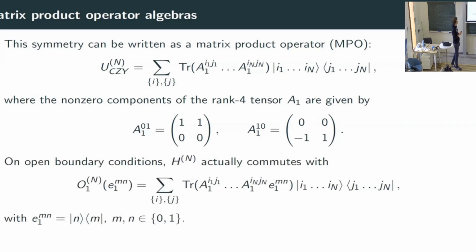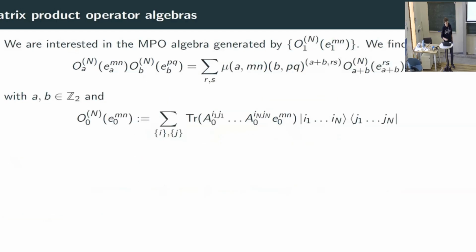There's actually a little bit more symmetry to this Hamiltonian if you put it on open boundary conditions. So if you omit the last term that connects the nth term to the first term, you can insert a generic boundary condition here. So this E1Mn is an arbitrary 2x2 matrix, but because this is a linear map, I can just pick some basis for it, and I just pick the basis of matrix units here. So these operators, there are 4 of them, they all commute with my Hamiltonian on open boundary conditions as well. So already I've got 4 operators that commute with my Hamiltonian. And the question is, what is the algebra generated by these operators?